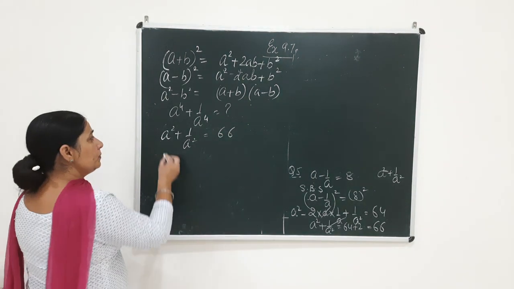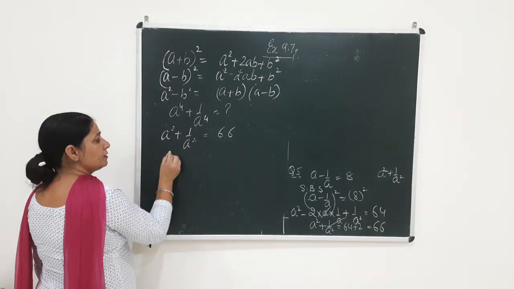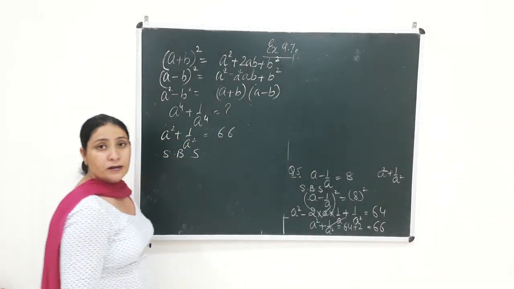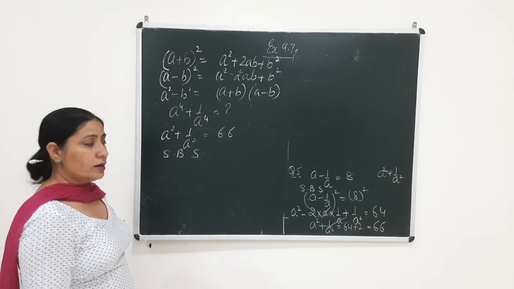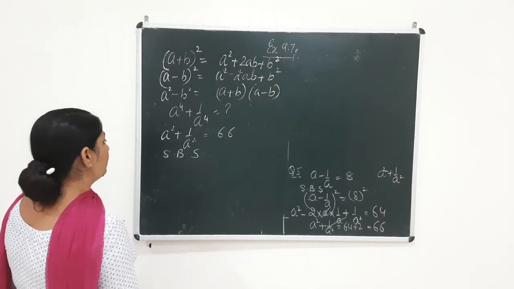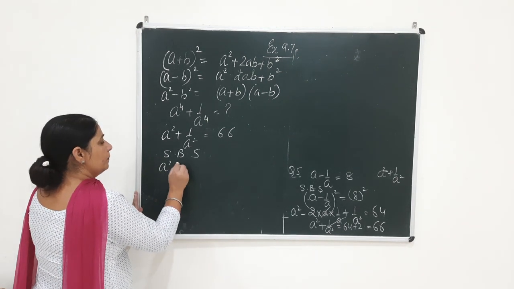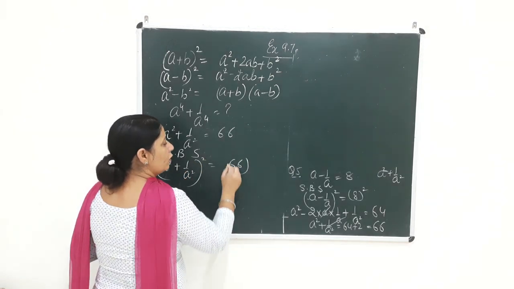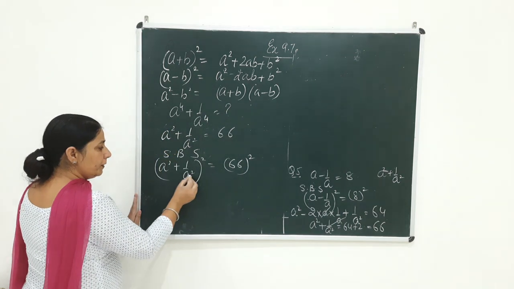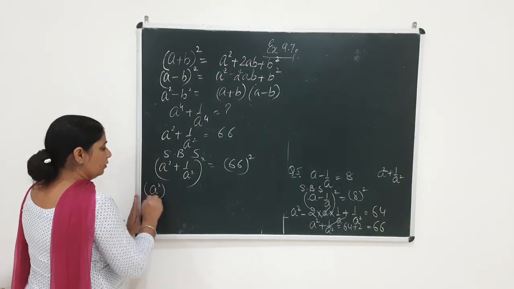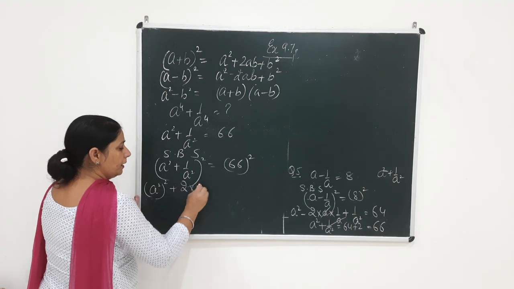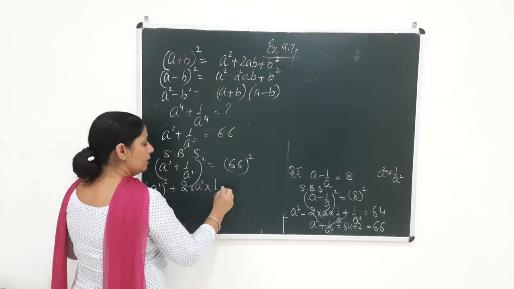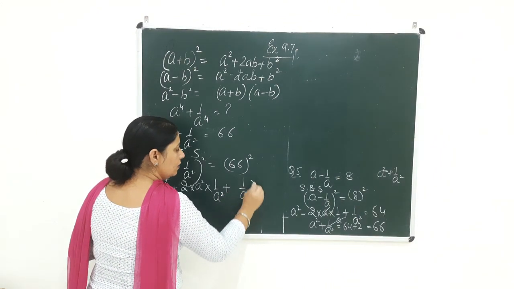Okay? For the power 4 in the second part, beta, you are going to square again the answer which you got in the first part, means a square plus 1 over a square. Now when you square a square plus 1 over a square, we get (a square plus 1 over a square) the whole square, and this side we get the square of 66. Now let's open it up. This will be (a square) the whole square plus 2 multiplied by a square into 1 over a square beta, the 2ab term, plus (1 over a square) the whole square.